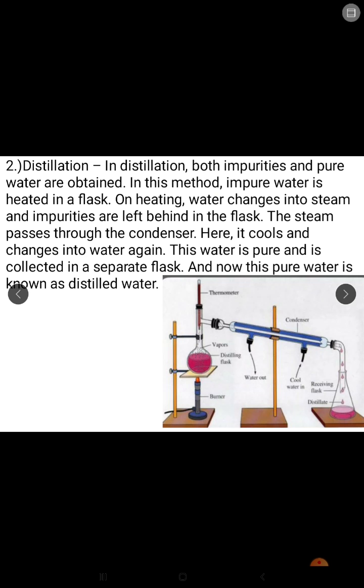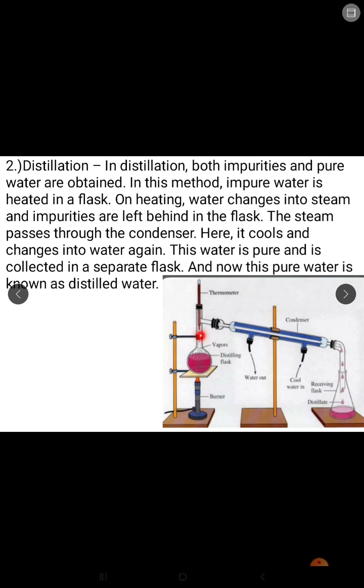Second process is distillation. In distillation, both impurities and pure water are obtained. In the distillation process what happened? Both pure water as well as impurities are separated. So in this method what happens? See, this is a